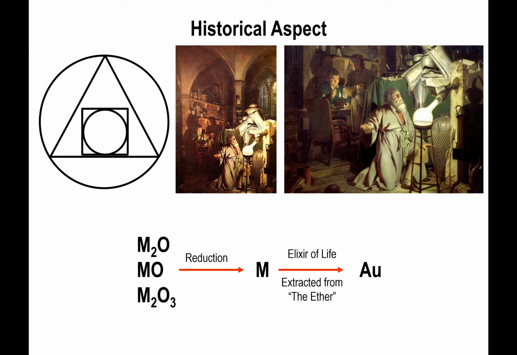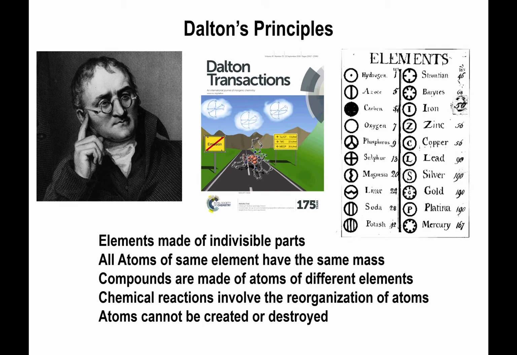And not to say that all of alchemy was nonsense, but certain things that came from alchemy ultimately paved the road for what we now know as chemistry. But the ideas behind it were totally wrong. There is no ether and there is no elixir of life. So unfortunately, they were just going after a fool's errand. But the interesting thing about it is that this idea of changing an element into another is actually not completely out of the question. Although, via the methods that the alchemists were trying to approach it, it is actually not really possible. So, by the 1600s, when the scientific method gets established, Dalton comes up with his principles, the 5 principles,